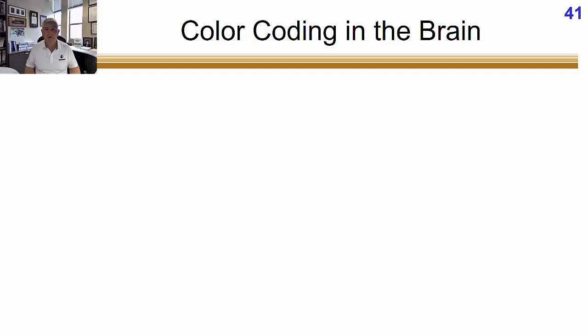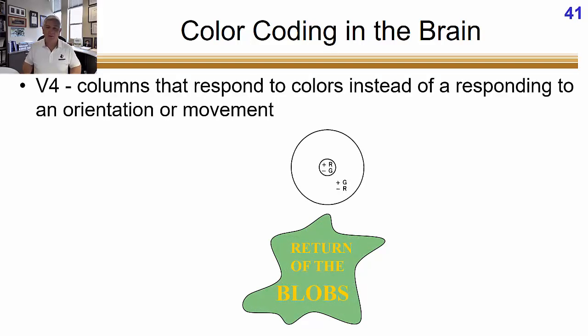All right, color coding in the brain. Here's where it gets even more complicated, if you can believe that. The return of the blobs. So you remember when we talked about V1, we said, okay, we have these hypercolumns, there's angles of lines from horizontal all the way to vertical, stretching across the hypercolumn. And then on top of that, we're going to throw blobs of color. And we called them blobs because it wasn't like the whole hypercolumn was red and the whole hypercolumn was green next to it. They were just sort of splotchy blobs.